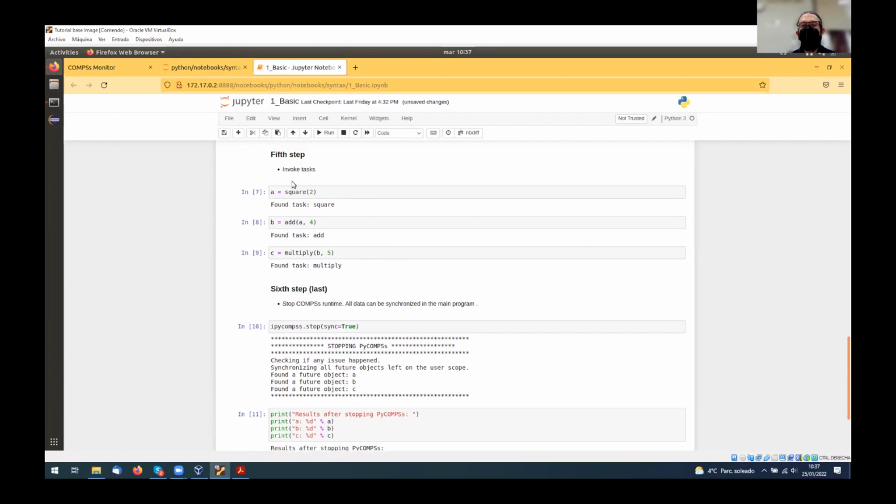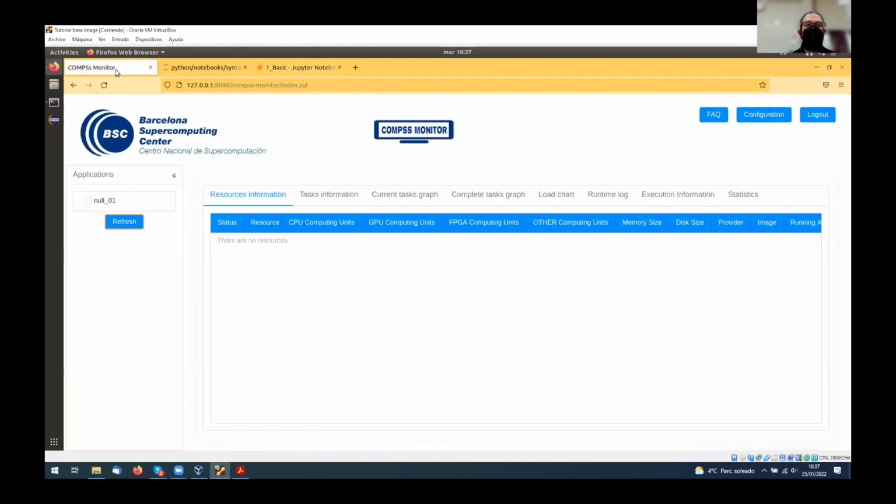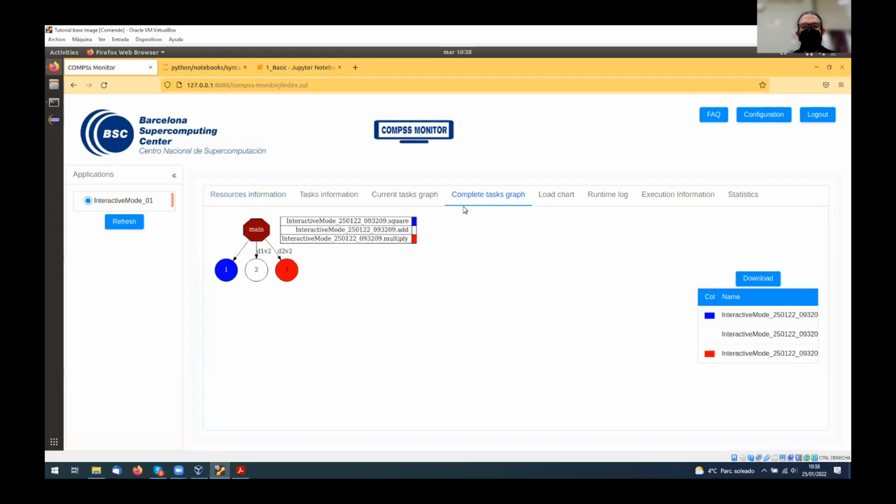And what about the task dependency graph? So as you see here, one is the output and the input of the second. The output of the second is the input of the third. Can we see that? If we go to the COMPSs monitor, we can refresh, we can go to the execution, which will give you some information about the execution. And if we go to the complete task graph, oh,